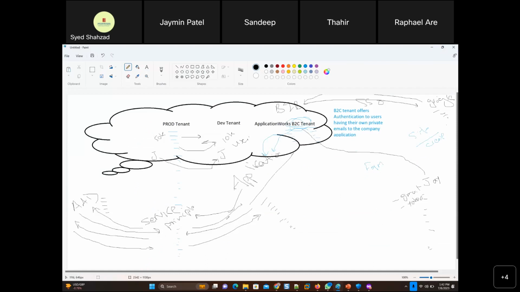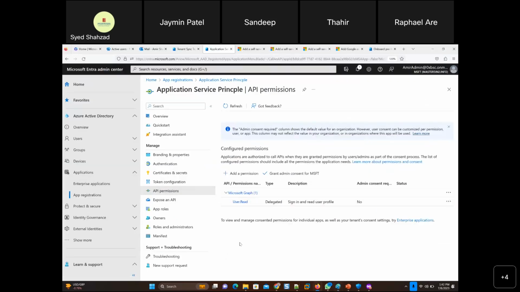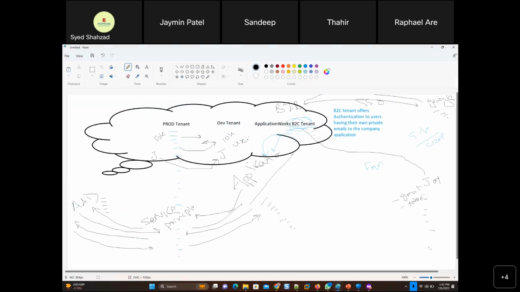So through the service principal that is registered in Azure Active Directory, with this only permission, user read permission, though there could be many types of permissions, can I just read Active Directory to grab information about users? And Active Directory says, yes, you have that permission defined in the service principal, so yes, I allow you to do that.